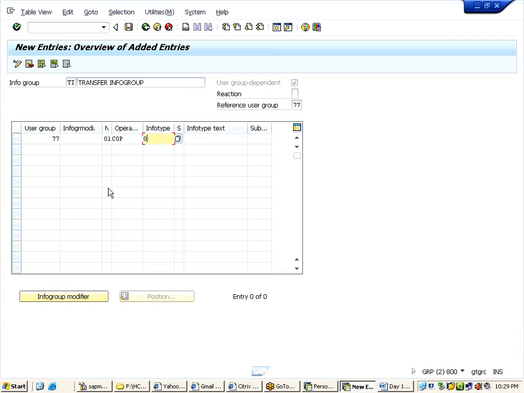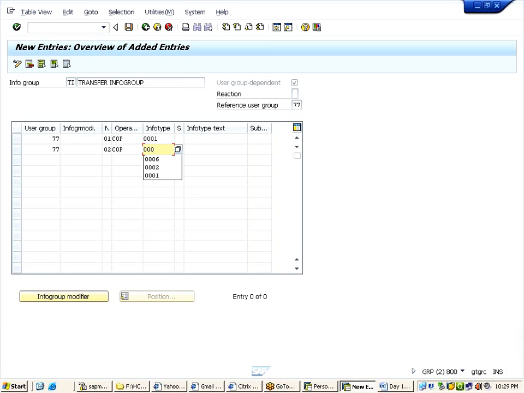Second info type, I want to copy is 0006. 2 is not called. Why? When you transfer a person, do you think that the personal details change? No. So I will not call it. While hiring, whatever I have taken for that employee, it will be as is. Address for a person will change because the person is getting transferred and the person will be relocating.